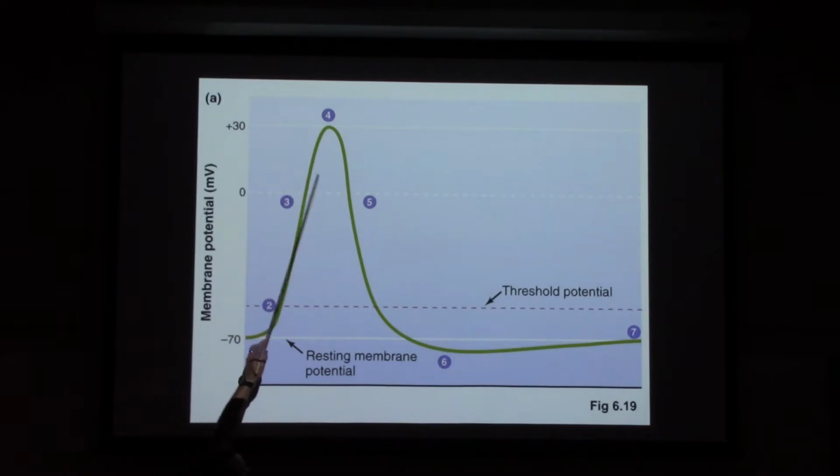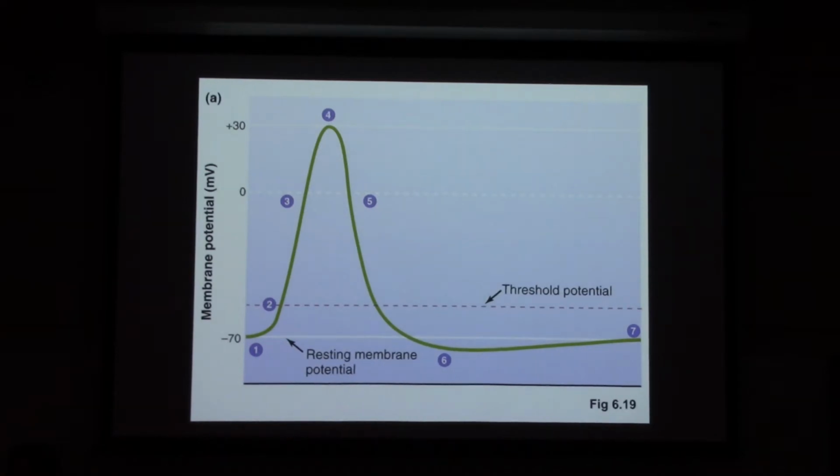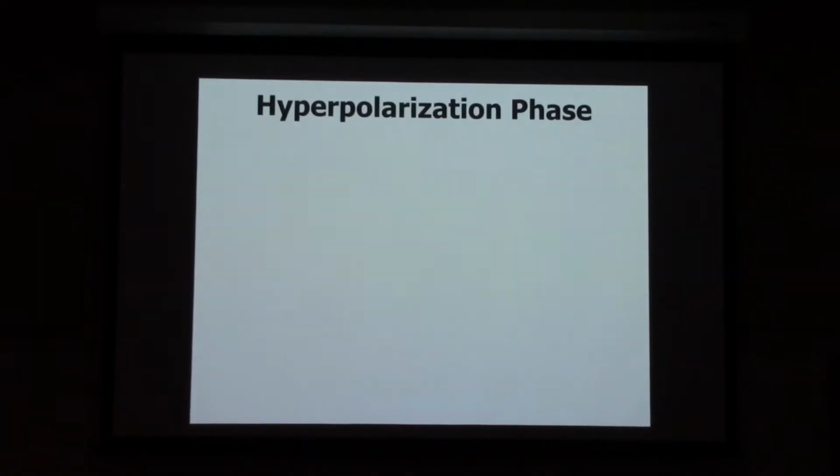So we're in the falling phase, number 5 on this picture. Sodium channels are closed. No more sodium is coming into the cell. We're not depolarizing the cell anymore. Potassium channels have now opened. They were also voltage gated. They're sensitive to changes in voltage. Potassium will start to diffuse out down its concentration gradient and down its electrical gradient. When potassium diffuses out, it takes the positive charge with it, making the cell more and more negative, or less positive, as it goes out. And then we lead to the hyperpolarization phase.